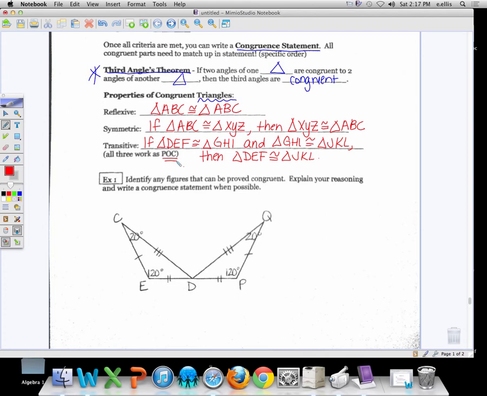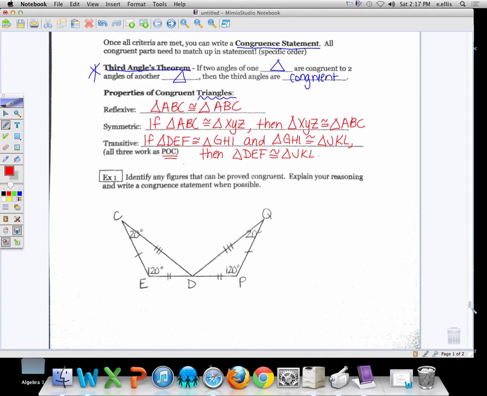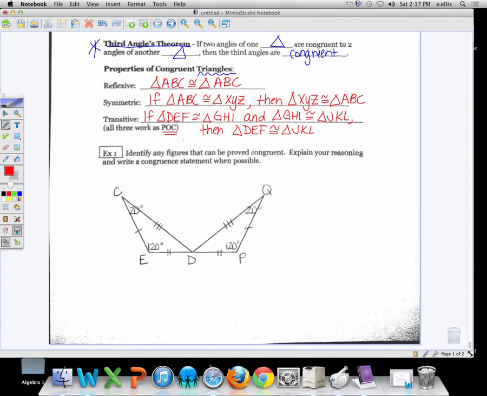All right, so not a whole bunch new, a lot of reviews in there, and it's a lot of matching today. Looking at our first example down here at the bottom, example 1 wants you to identify any figures that can be proved congruent and explain your reasoning and write a congruent statement when possible. So there's a lot going on here. Well, first of all, look at all the given parts in the triangle. I'm noticing